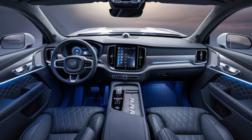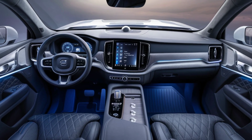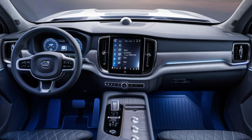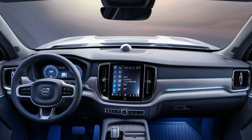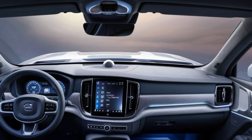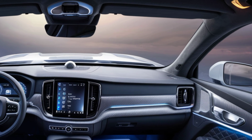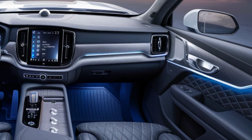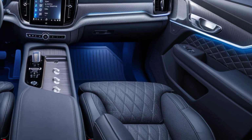Open the doors, and you're greeted by an interior that feels like a modern Scandinavian home. Soft touch materials, sustainable wood finishes, and intelligent space utilization make it incredibly inviting. The captain's chairs up front are fully adjustable, heated, and even come with a massage function, because long road trips